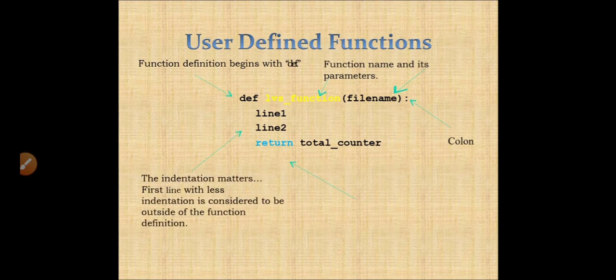One more important part is indentation. When we have to create the body of the function, that must align at least 4 spaces ahead from the letter D of def. Same thing that we have already utilized in if else and looping constructs. The keyword return indicates the value that will be sent back to the caller.